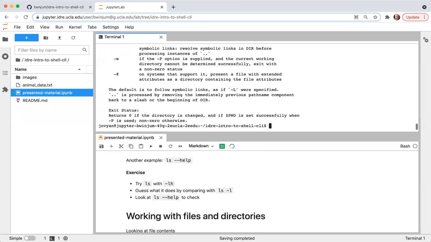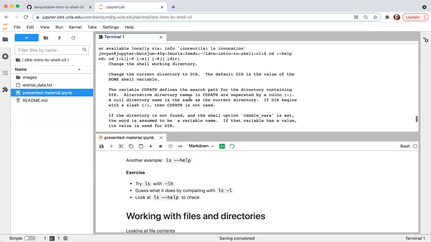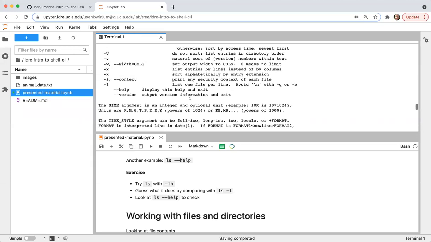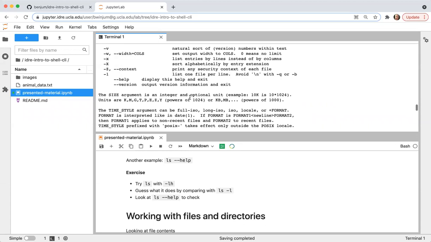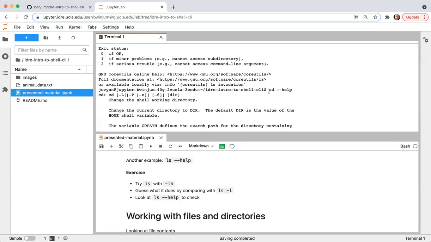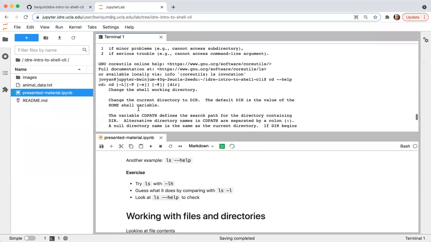If we do the help for cd, I scroll back up to, let's see, here, cd --help. This now has a little bit of a confusing syntax, but the basic idea is that what's in between brackets are possible options that you can give to cd.